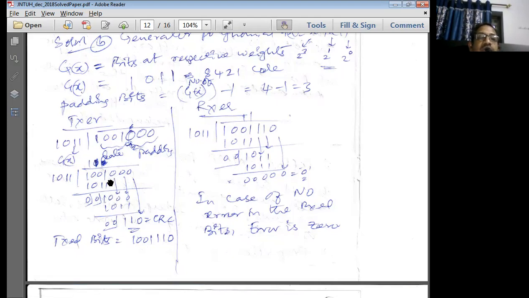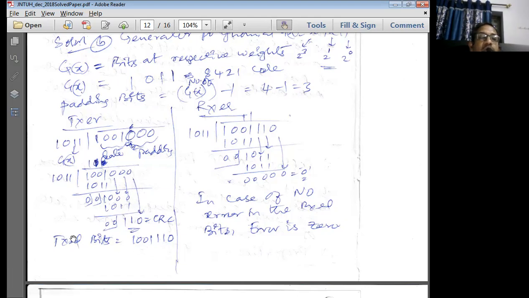Now, I have 4 digits in the polynomial, so you should also get 4 digits here. Therefore you drop these two zeros here. Once again, you multiply this by 1, you get 1, 0, 1, 1, and discard zeros. Discard the MSB zeros. This is an important step. We are left with these bits. Apply the XOR operation once again. 0 XOR 1 is 1, 0 XOR 1 is 1, 1 XOR 0 is 1, 1 XOR 1 is 0. Therefore, discard these bits.